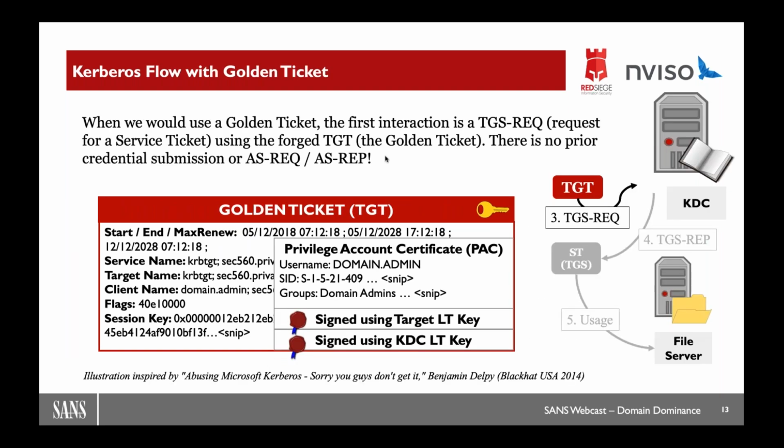So what does that mean? That means that instead of priorly sending that encrypted timestamp, when I'm using a golden ticket, I will just suddenly appear and I will send a TGT and I would say, hey, look, here's my TGT. I'm domain.admin and my ticket is valid for, well, the next 10 years. I would like to gain access to the file server. What will the domain controller do? It will validate the TGT and everything will check out, unless, I'll talk about that a bit later on, what's the unless, but of course this is a perfectly valid ticket.